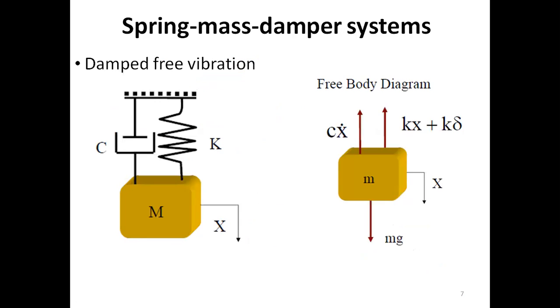So this is actually the lumped parameter model for a real system. All of the mass we are taking here in this block, and all of the elasticity we are taking in this spring, and all of the energy losses we are taking in this damper. So this sort of modeling is known as lumped parameter modeling. So this is the simplest modeling that we could do for the dynamic systems.